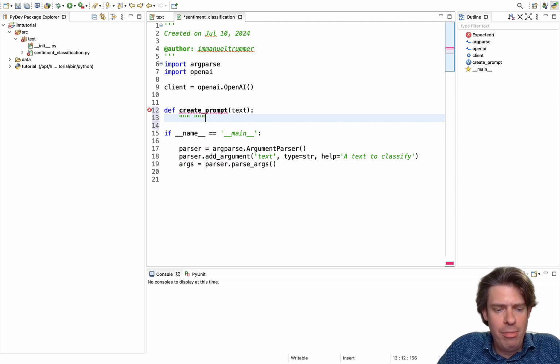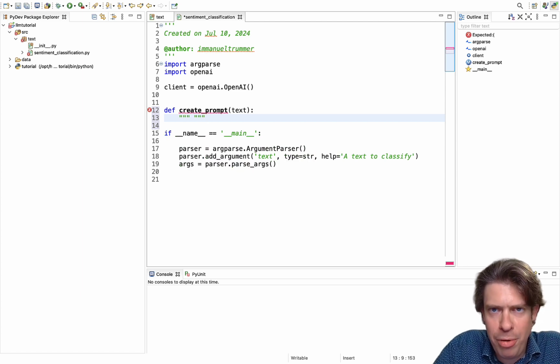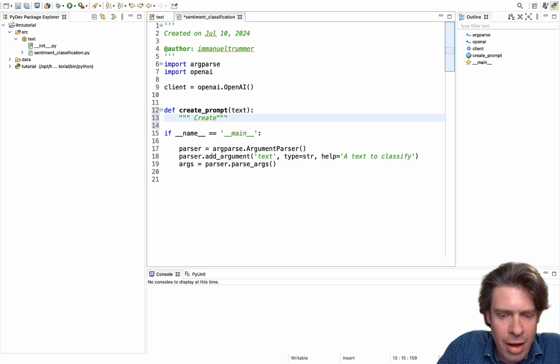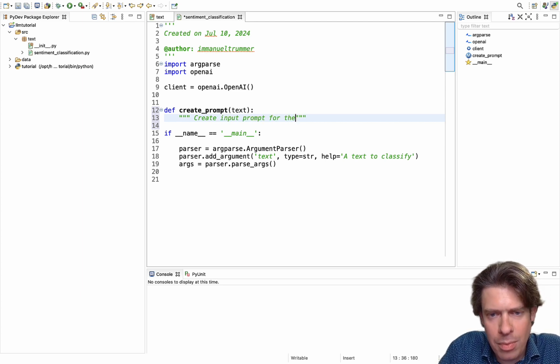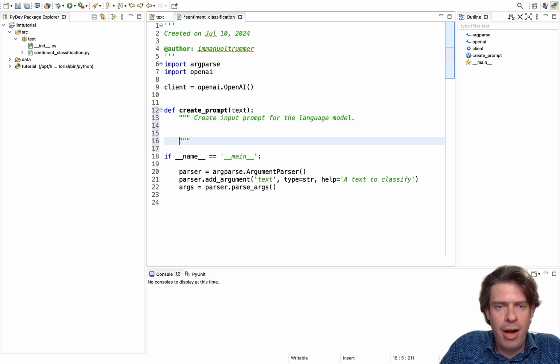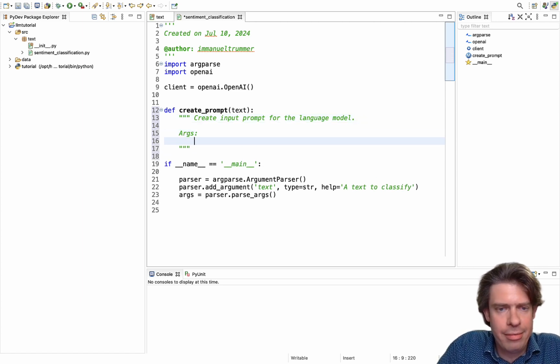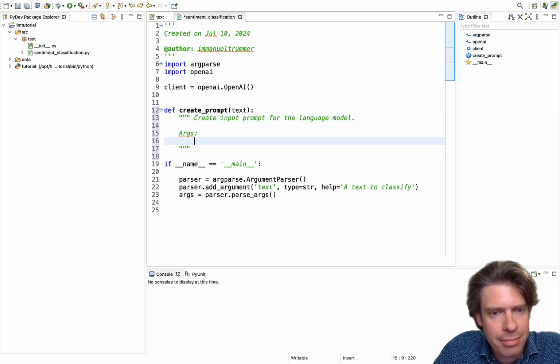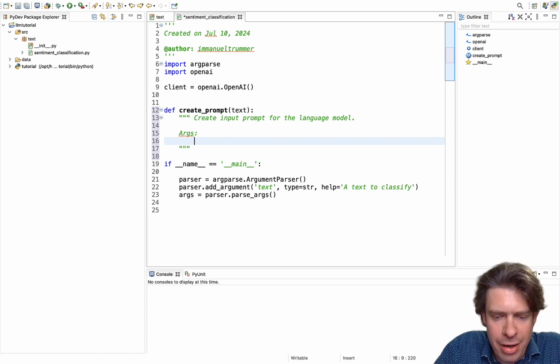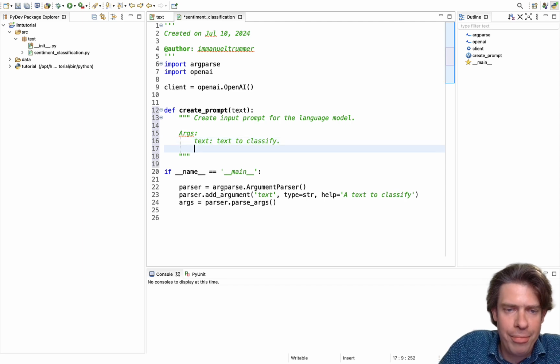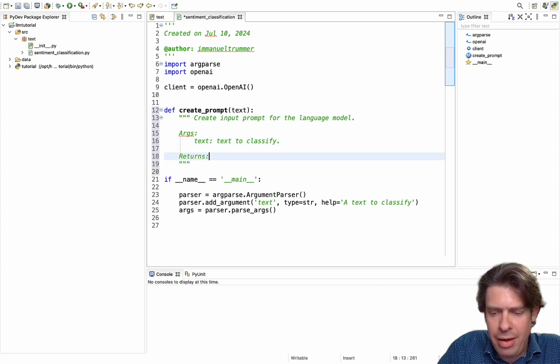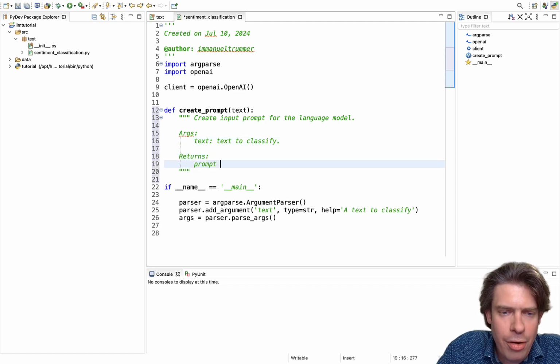I'm going to write a little bit of documentation here. So the purpose of this function is to create the input prompt for the language model. All right, and it takes one parameter, which is the text, and that is the text to classify. And what it returns is a prompt for text classification. All right,